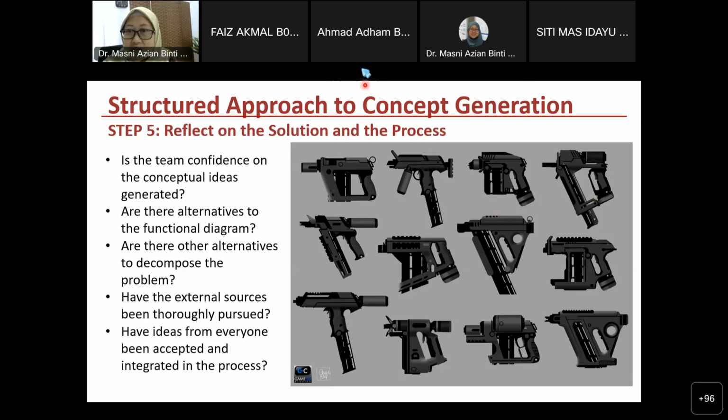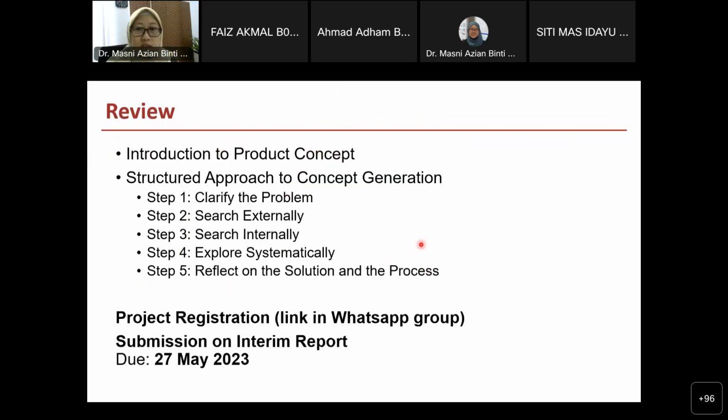Okay, very good. So I think untuk industrial design sketches, sebenarnya it has been covered in chapter 3 dulu. So very generic lah, macam perspective view tu macam mana. So you just revisit that chapter 3 on industrial design sketches. So I think based on this lecture, you are now able to complete your interim report up to the concept generation